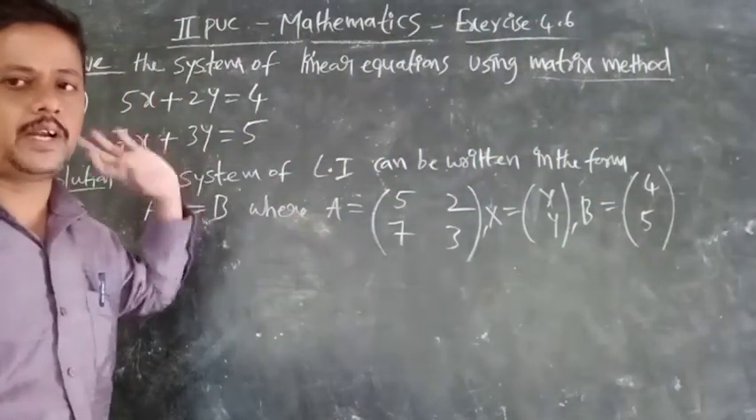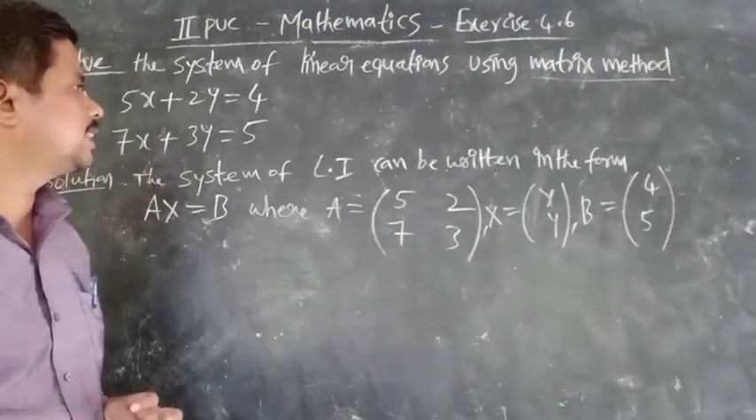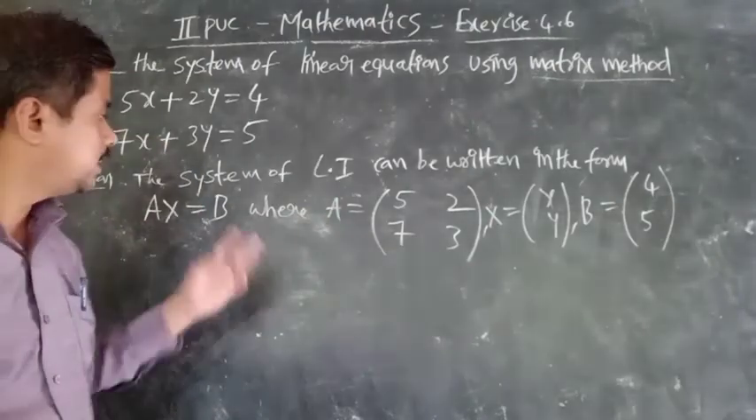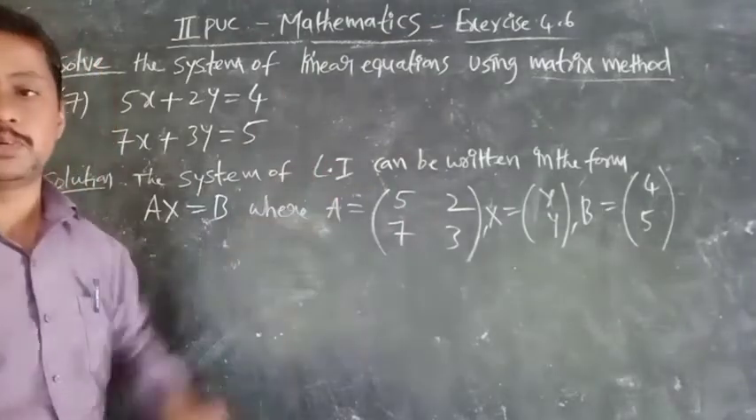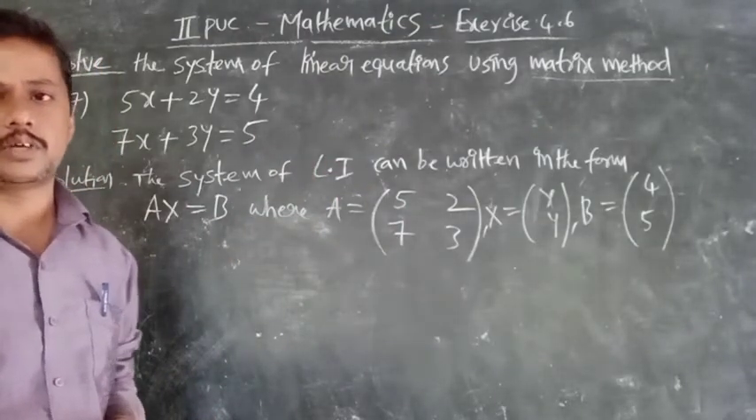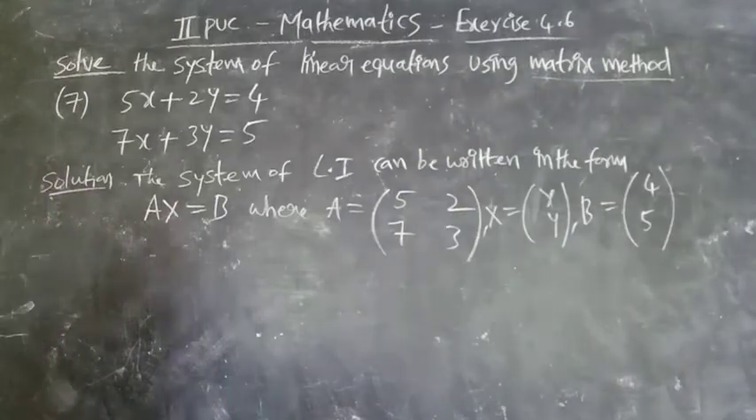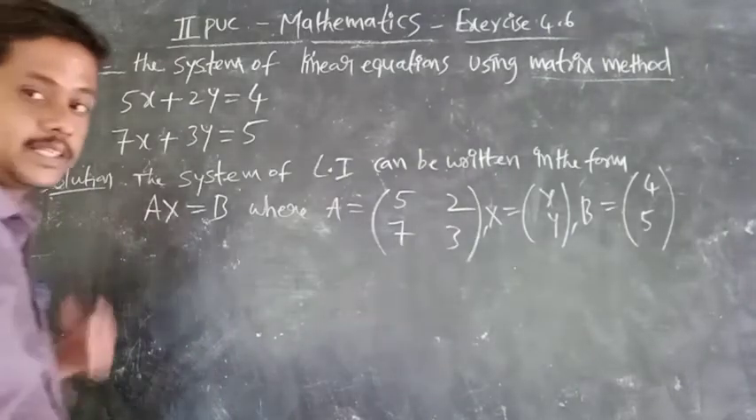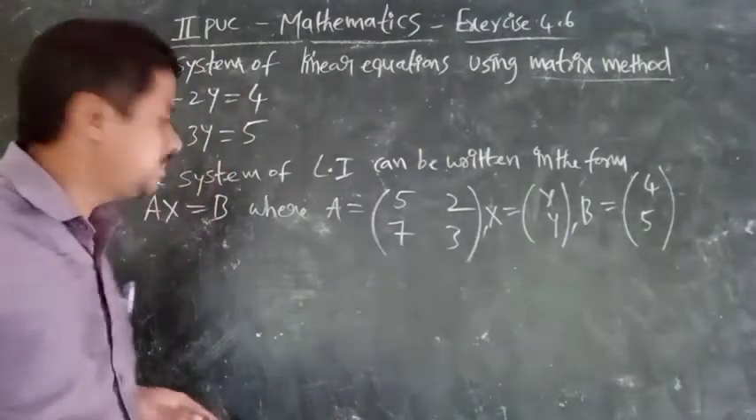First you have to write the system of linear equations in the form AX = B, where A is the coefficient matrix, X is the unknown matrix, and B is the constant matrix. Next, you have to calculate the determinant value. So det